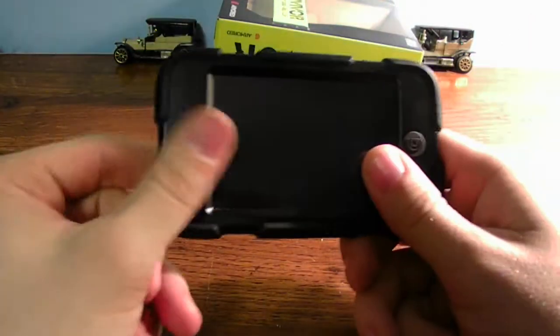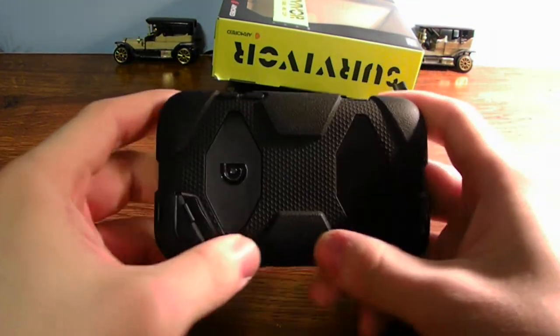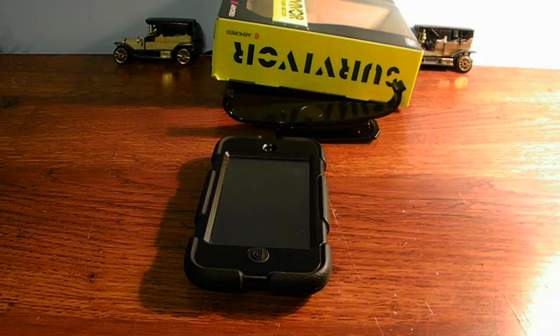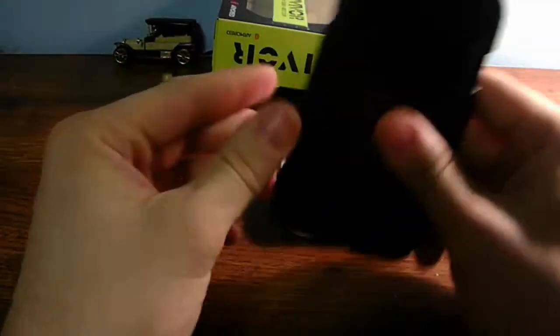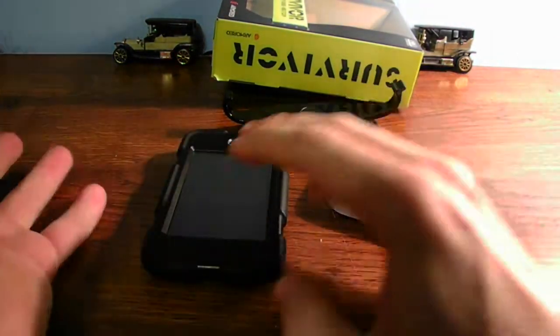This case is a hard shell and a silicone rubberized case. And one thing I want to get, and I'll be back, is you cannot use the survivor case for some reason, even if you have your iDock. You cannot use the survivor case on your iDock. It will not work. And that's kind of sad, because it makes the